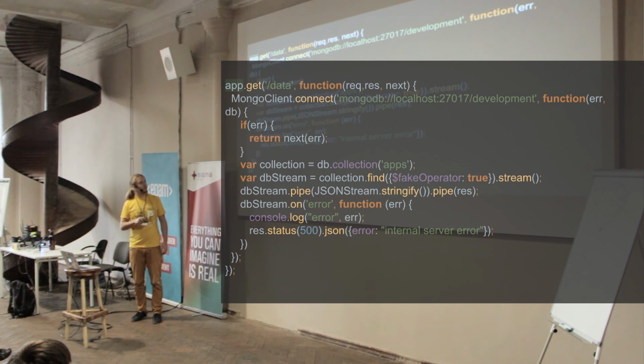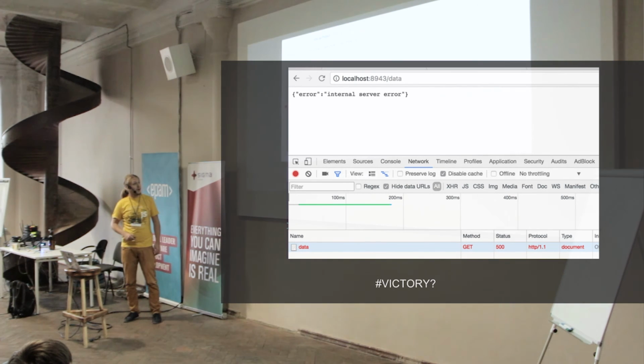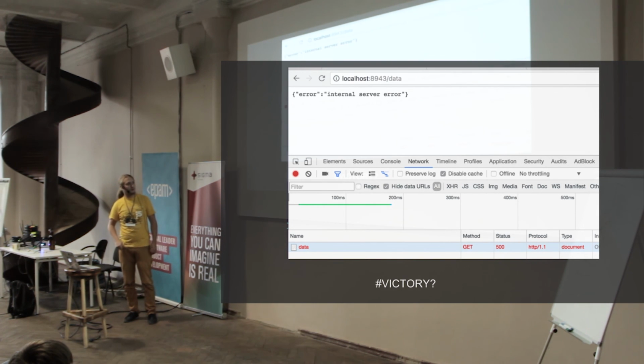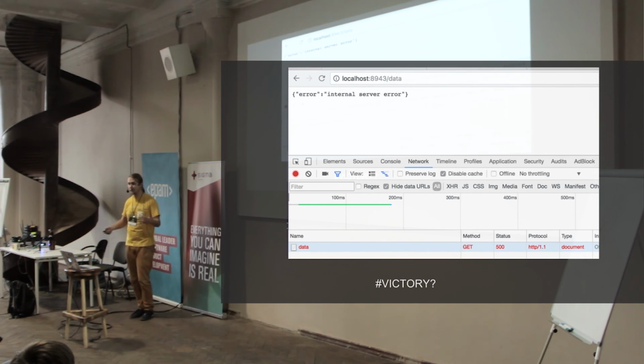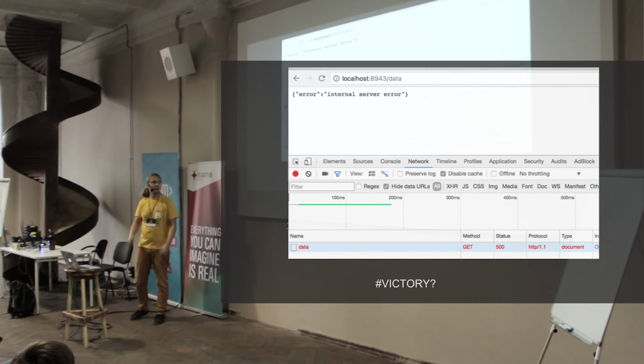Maybe this stream failed before it started sending some data, right? So we can try to do that. Actually, it works even if the stream started sending some data. We still can send 500 with some JSON. That's even better for single page applications, right? So we know what the problem is and not just an error, closed.